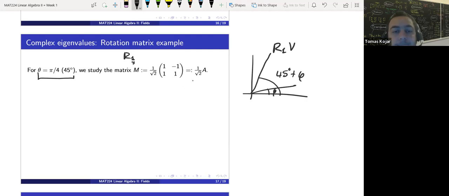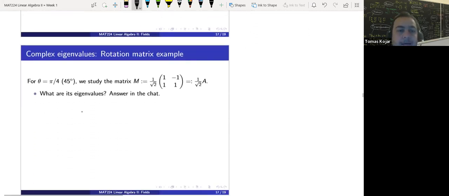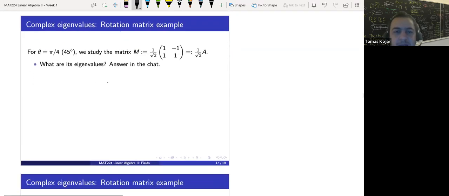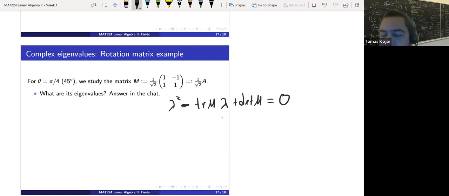And let's find the eigenvalues. Let's find the eigenvectors. So, okay, I'm not sure, you can give it a try. So this is a 2x2 matrix. If some of you are comfortable with the eigenvalues, does anybody have an idea? So remember, lambda square minus trace m, and then lambda plus determinant of m. If you want to practice, does anybody have an idea? I'll give you a few seconds.